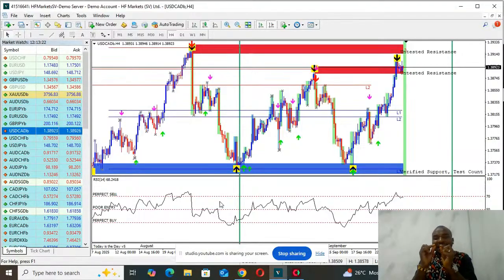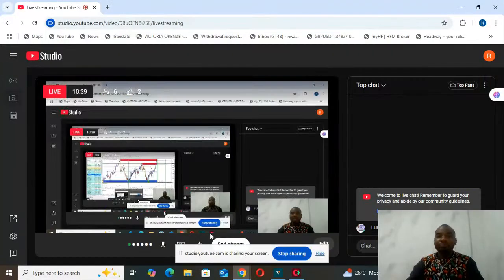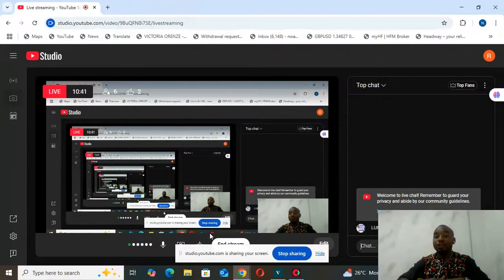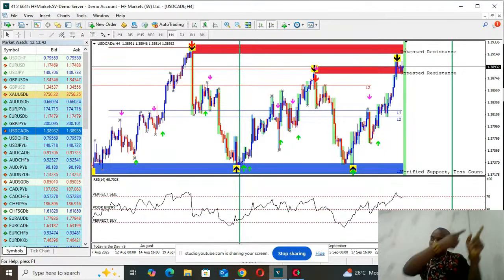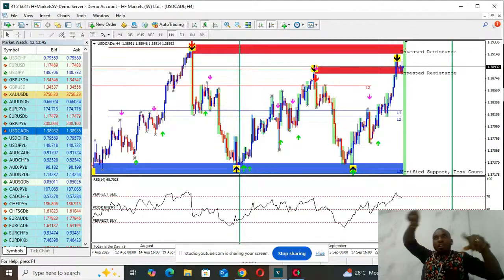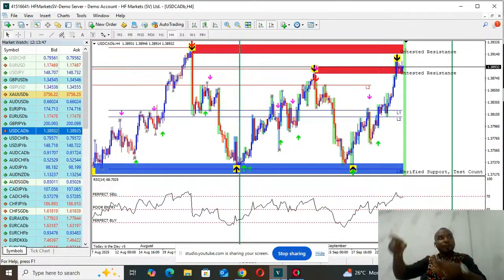Now that RSI is called oscillatory indicator. Now what I'm teaching you now, if you are smart, I can even go and build your own indicator. If you are smart, actually, I can teach you that, right? But you have to pay for it. Now, oscillatory, what they do that they oscillate, meaning they move from one extreme to the another extreme. They don't go around circle. They move from one extreme point to one extreme point.